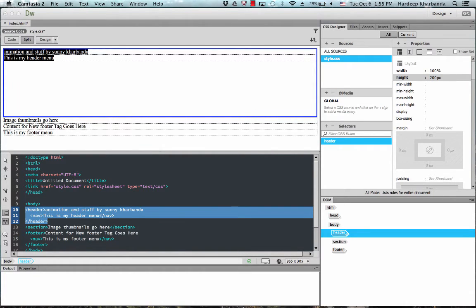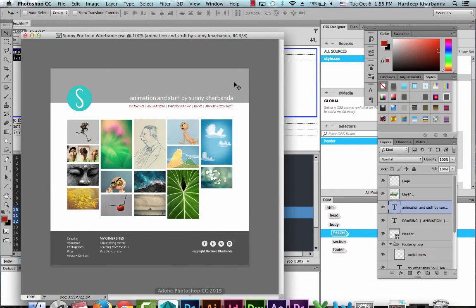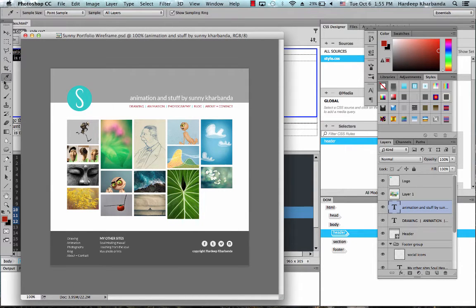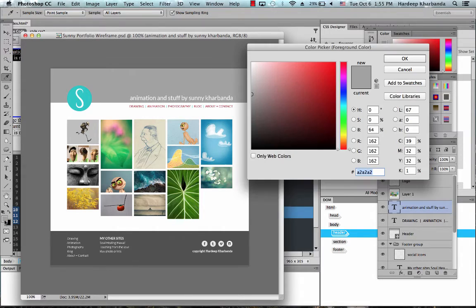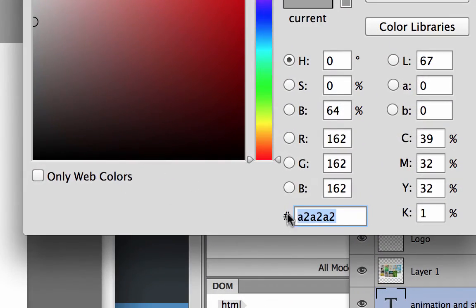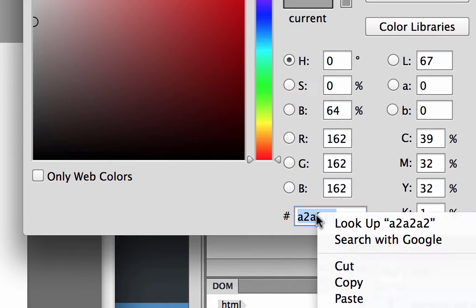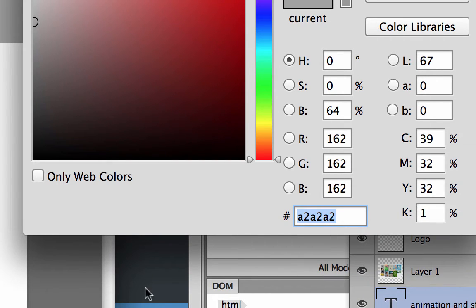I will also set my background color. In Photoshop, I go and choose my background color, click on the color swatch, and notice down here next to the hash sign, this color that I see here is the web color. So I just need to copy this code. It makes it really easy to set colors on my web page using Dreamweaver.